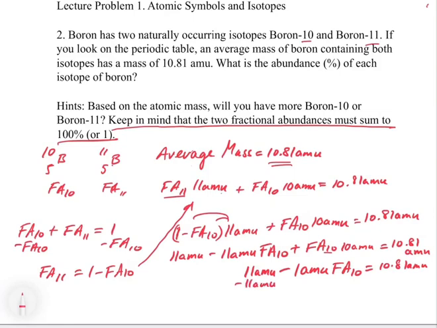So now if we continue with our algebra, we can subtract the 11 AMUs from both sides. And what we're going to get from that subtraction is minus 0.19 AMUs. And then this is going to equal minus 1 AMU times the fractional abundance of 10. So if we divide both sides by minus 1 AMU to get the fractional abundance of 10 all by itself,